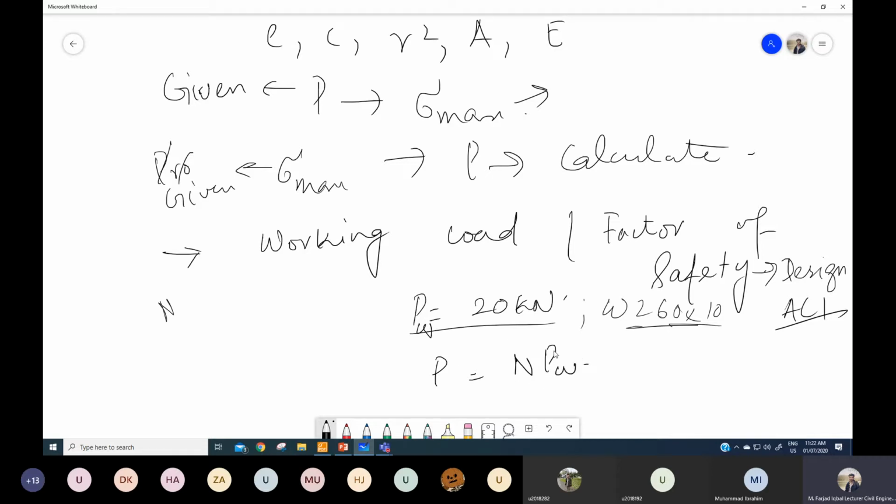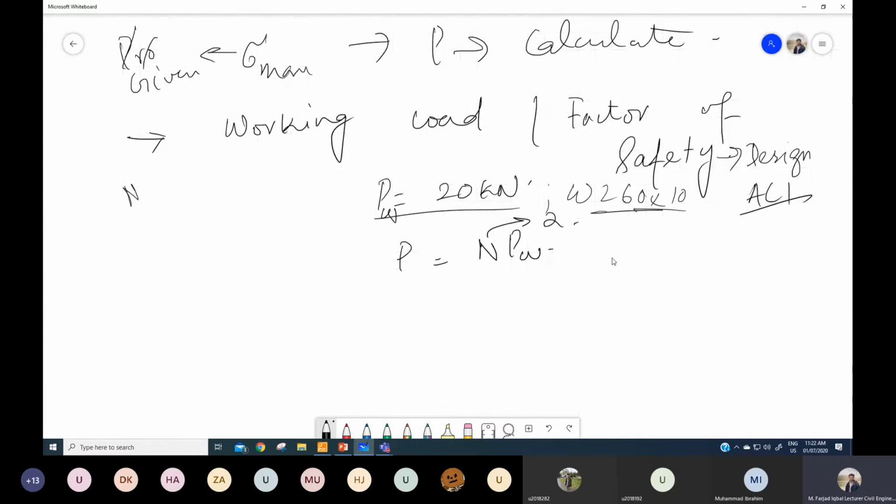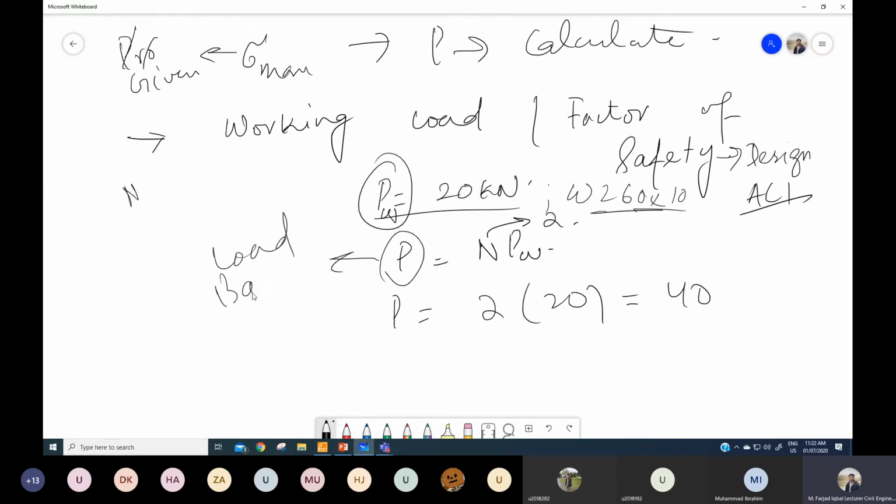And in some cases, this factor of safety is even 2. So for example, if the column has to carry a load of 20 kilonewton, you have to design it for a load of 40 kilonewton. Now this load PW is called the working load, and this load P is called the load based on which we will design our